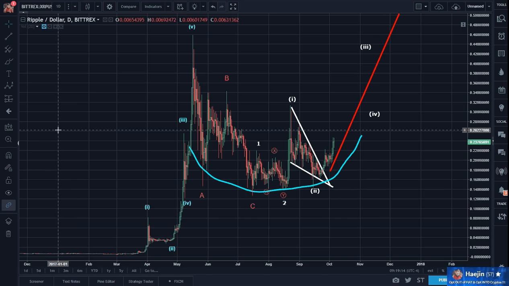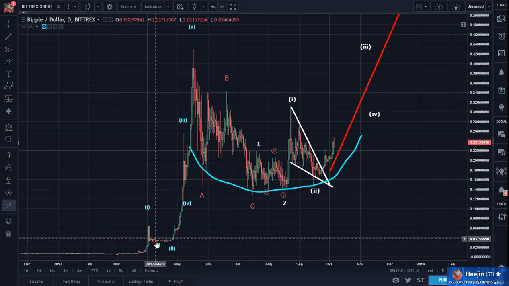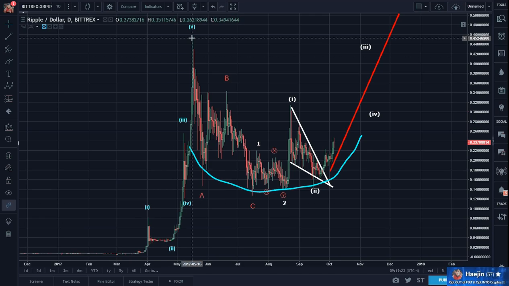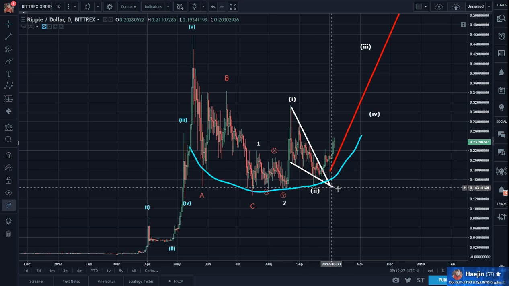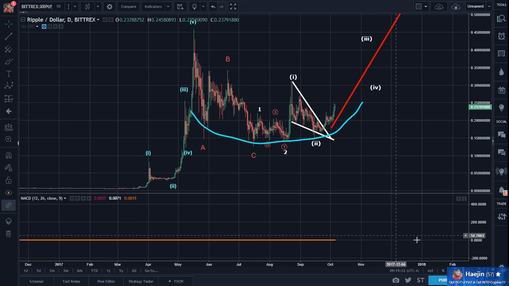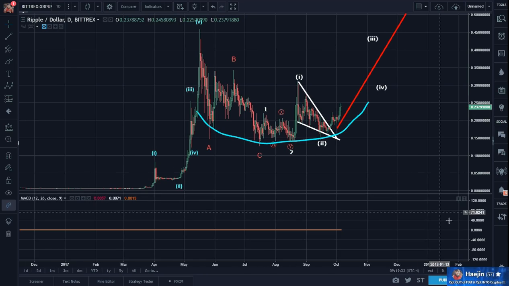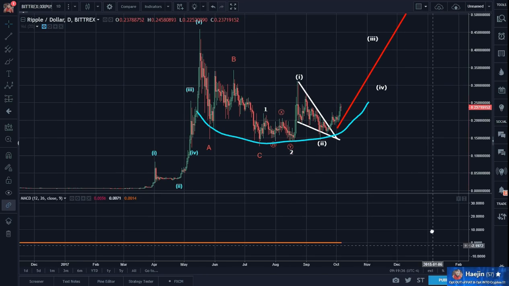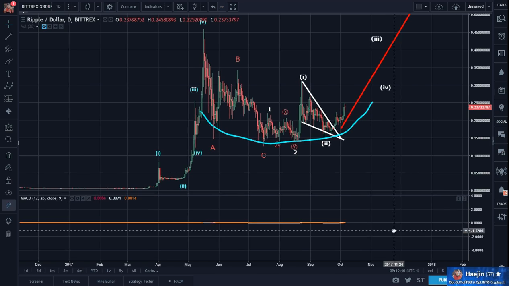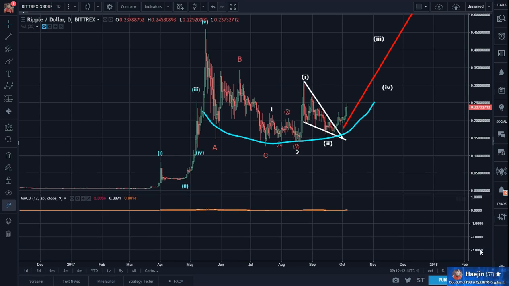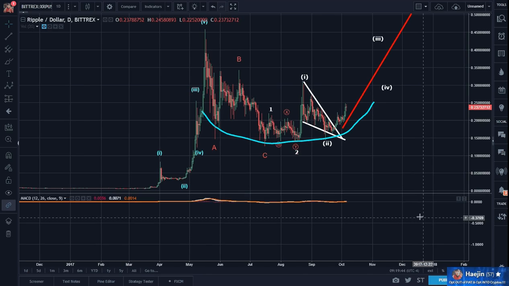For all the new readers and followers, the techniques I use are really three primary techniques. One is called the Elliott wave counting. The other is called chart pattern recognition. And the third, really the only indicator that I use, is the moving average convergence divergence. MACD, often referred to as MACD.